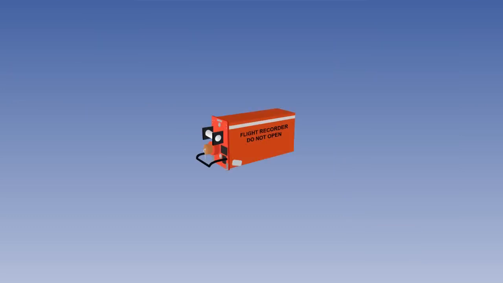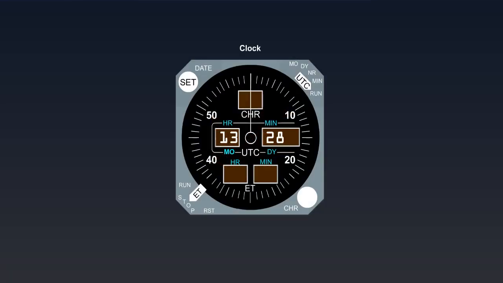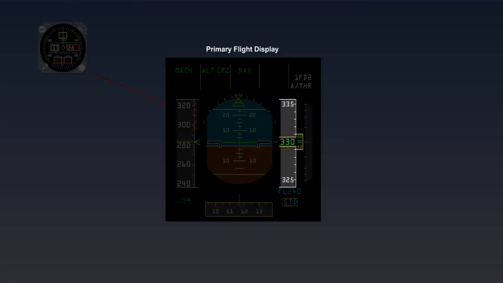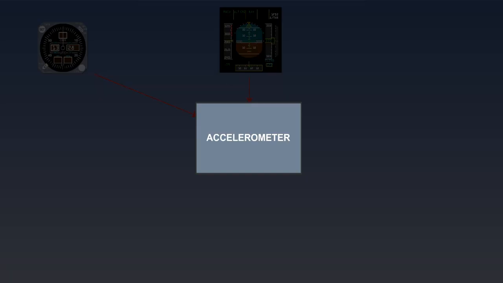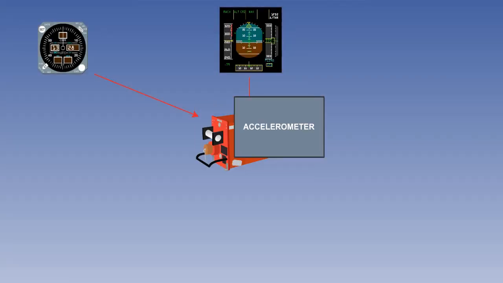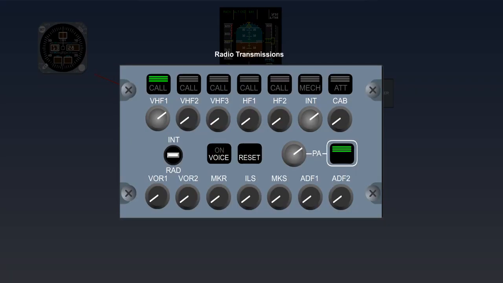Most modern digital flight recorders actually record hundreds of inputs, but the main inputs required for aeroplanes above 5,700 kilograms consist of either time or a relative time count, pressure altitude, indicated airspeed, heading, pitch and roll attitude, normal acceleration, radio transmission keying,